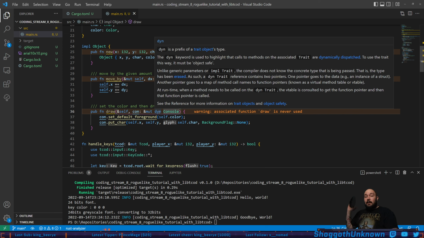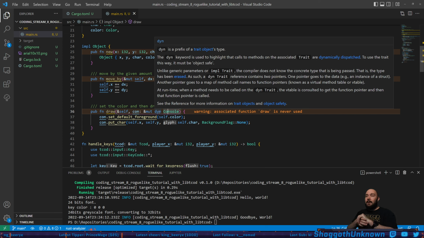We just did this on the last coding stream though, so that would be a great place to see this in heavy use. But we may see more of it in this tutorial. I don't really remember. But basically, in Rust, you can define a trait, which is essentially like a contract that says you have to define certain functions in order to validly abide by the contract